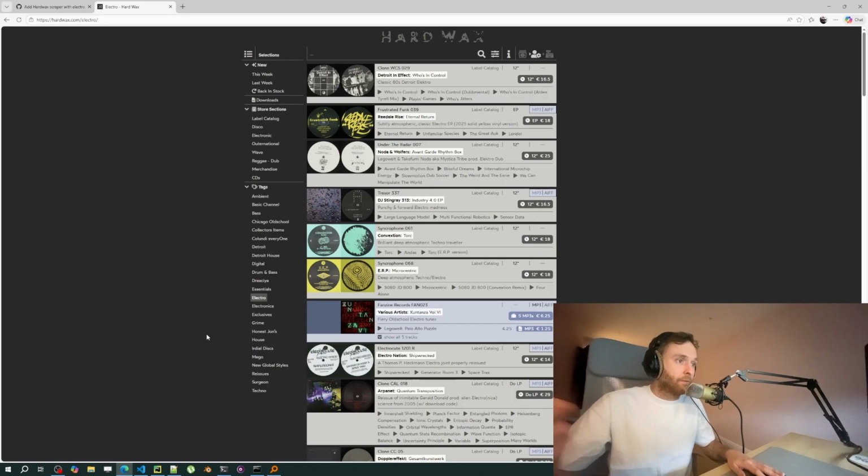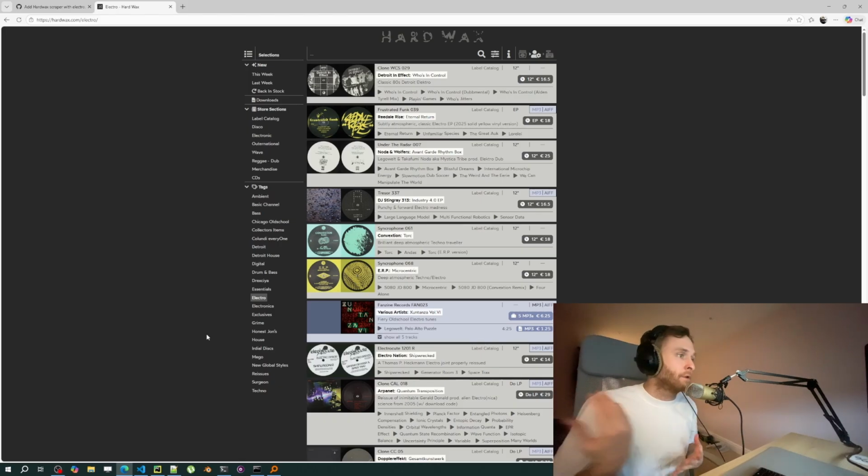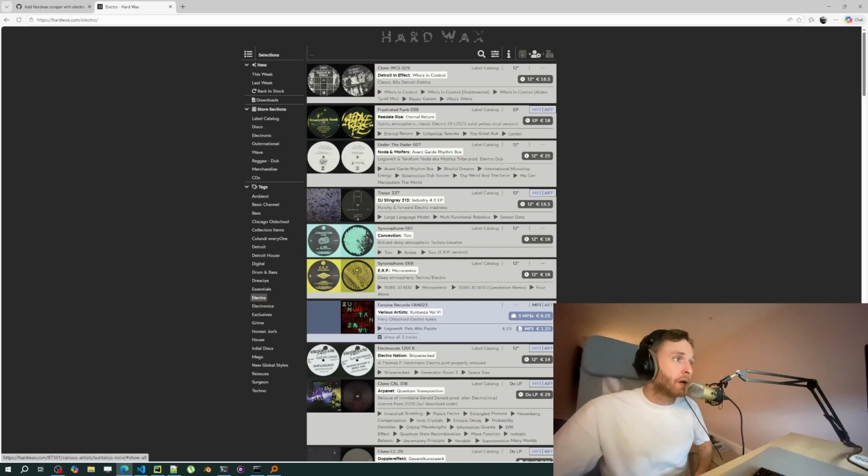And the way the app works is I've already got this for other stores like Red Eye or Juno or other record shops, and it's just a scraper that parses the HTML and gets all of the information and puts it into a JSON file. So